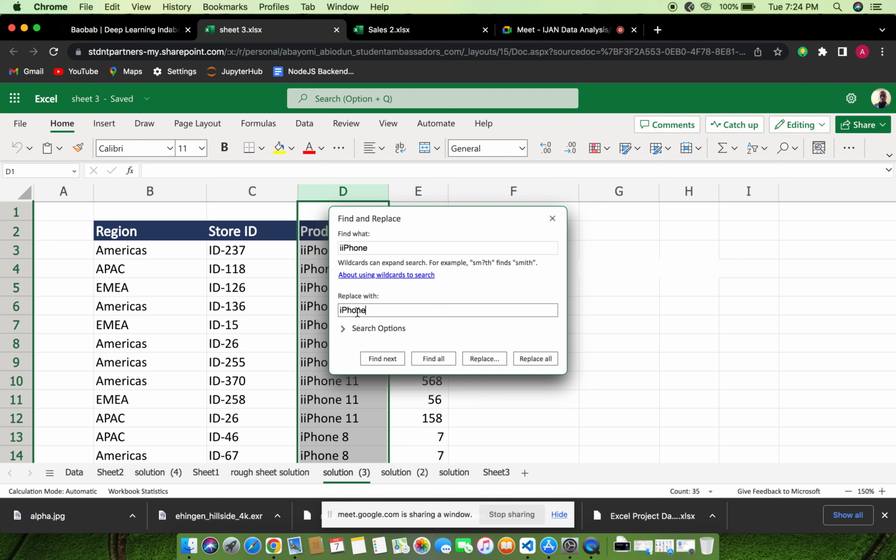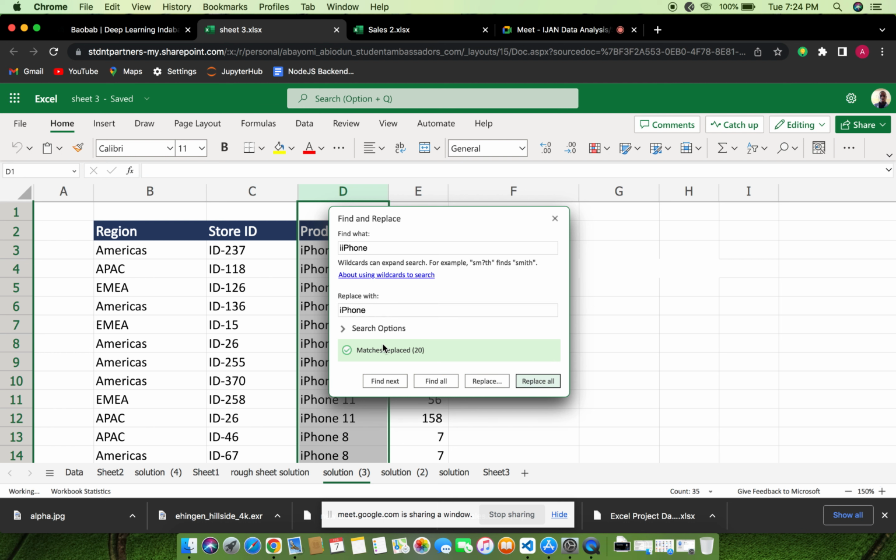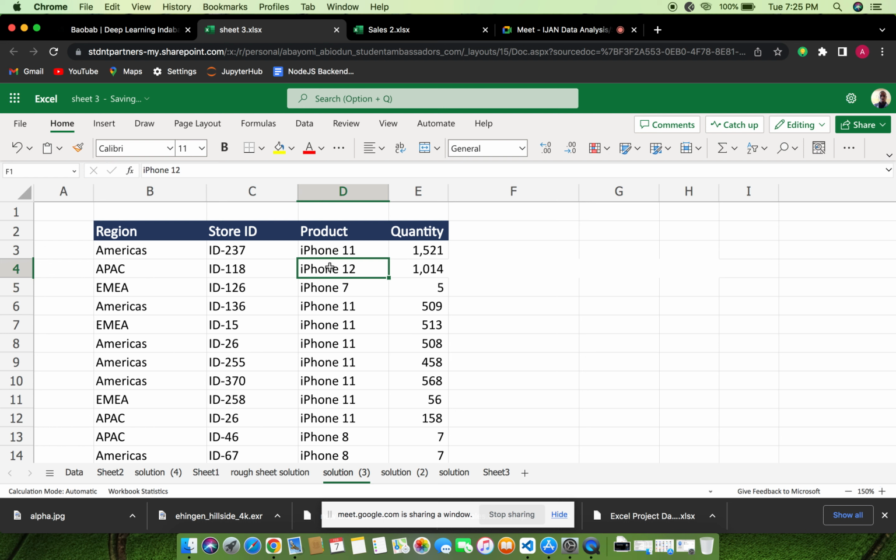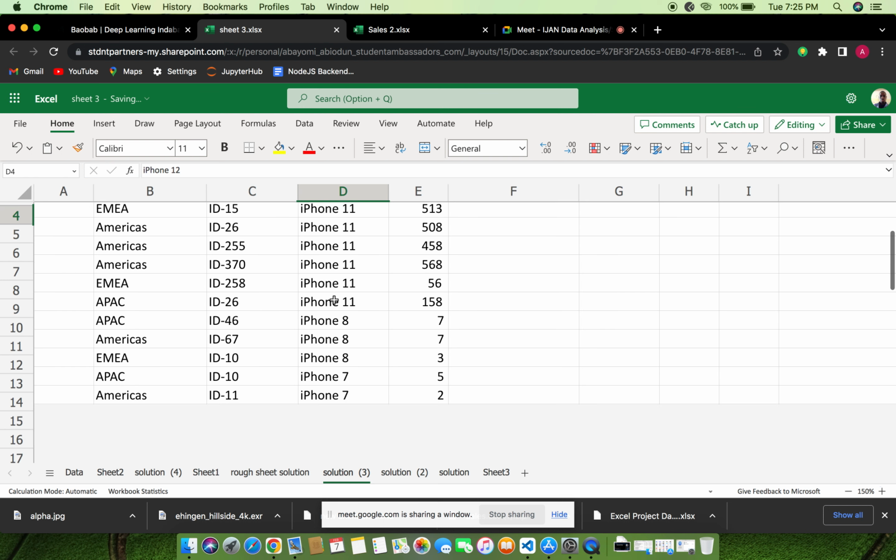So this is the correct spelled iPhone, then this incorrect spelled iPhone. So I have to replace them all. So I can see now that it matches, the matches replaces 20. So I have 20 incorrect spelled iPhone in my data set, and I can see it now that